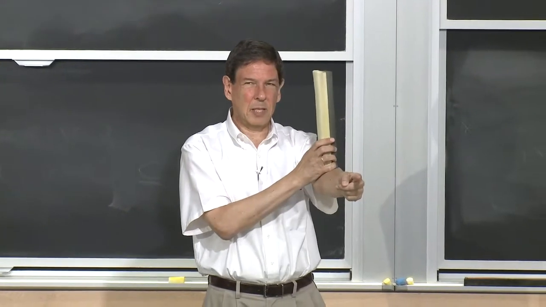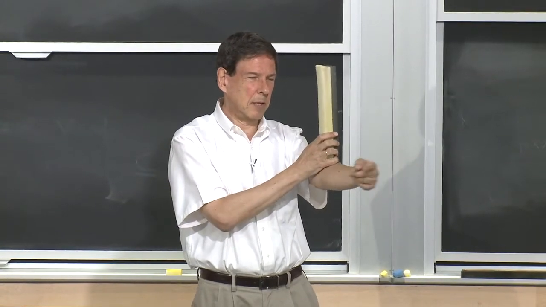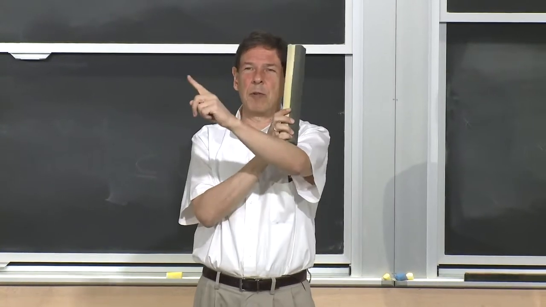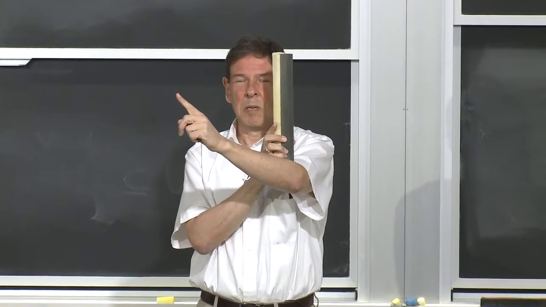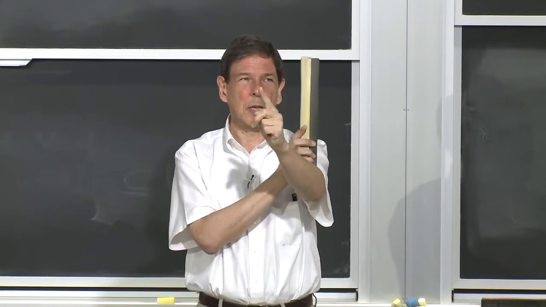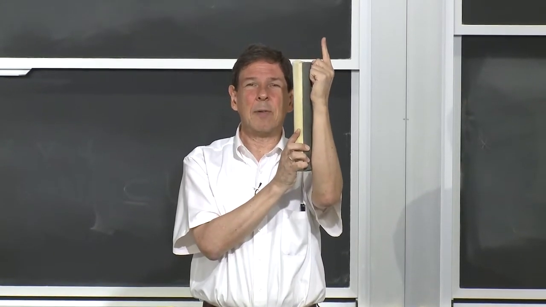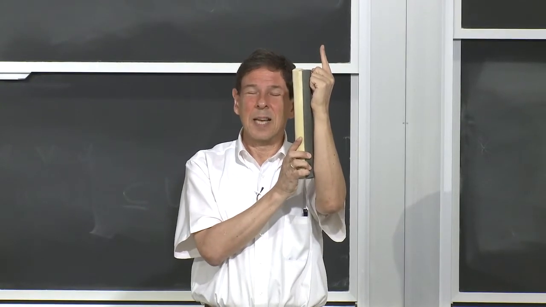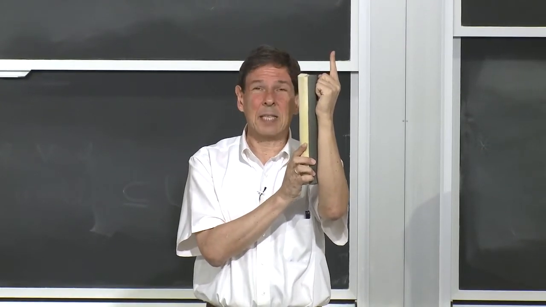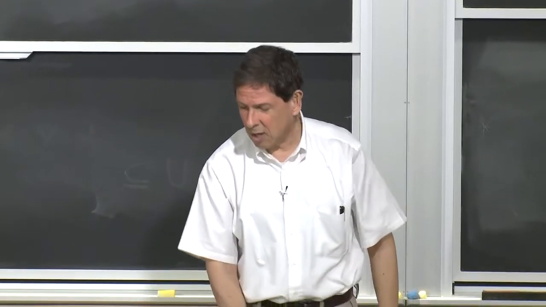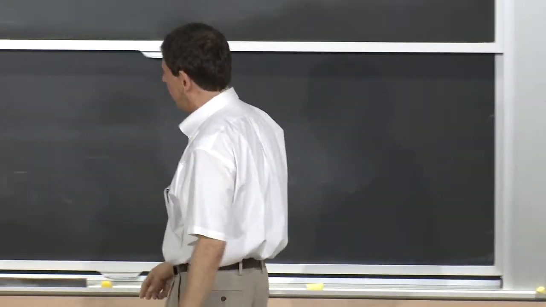So a vector in the x direction will be rotated, a vector in the y direction will be rotated, a vector in an arbitrary direction will be rotated, but a vector in the z direction is not rotated, is left invariant. In fact, its length is not changed. So for a rotation operator,